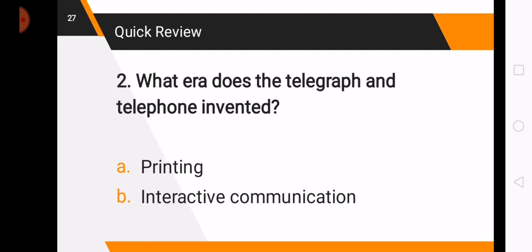What era were the telegraph and the telephone invented? Is it printing or interactive communication? All right, so the correct answer is letter B, interactive communication.